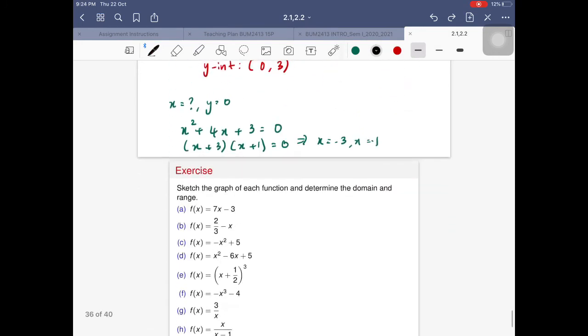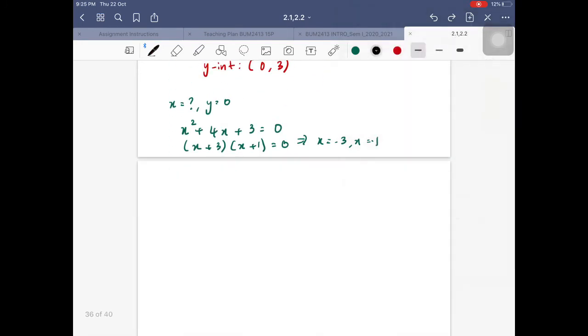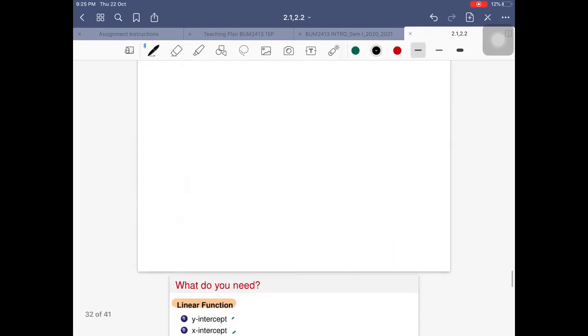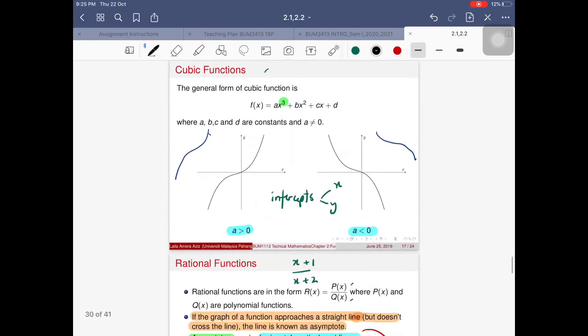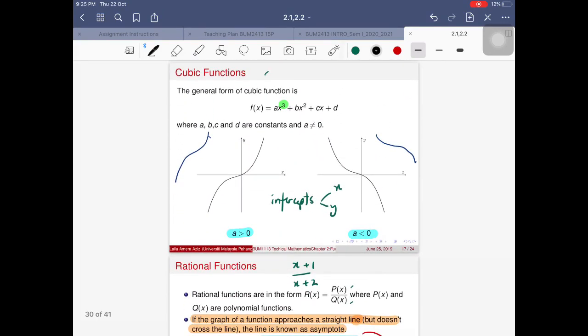Okay, so now let's proceed to E. What kind of function are we going to see for E? We are past linear and quadratic, so I guess it's going to be, what do you call that? A cubic function. Yes. So I have a cubic function f of x equals x cubed plus 8. Remember, for the case of cubic, we have two shapes according to whether the value of a